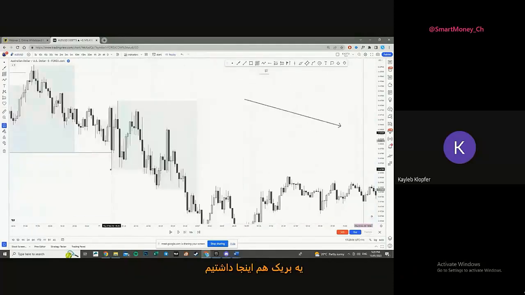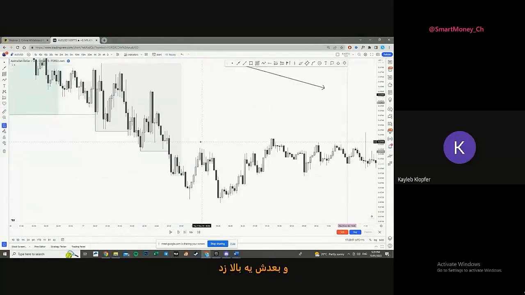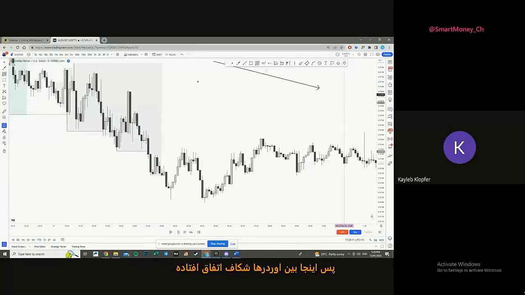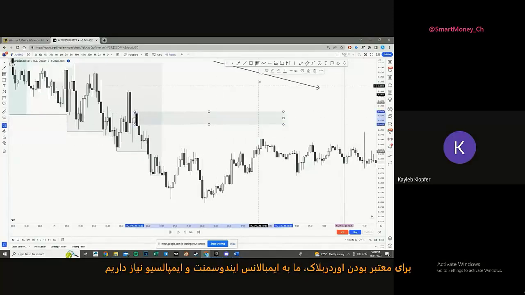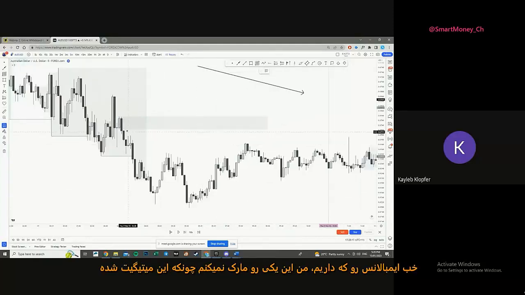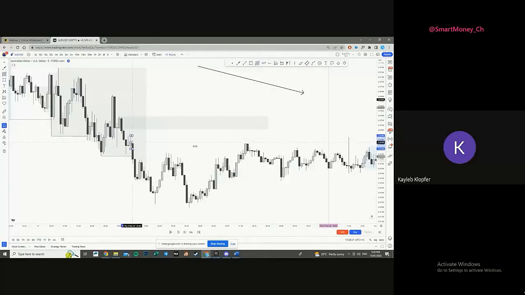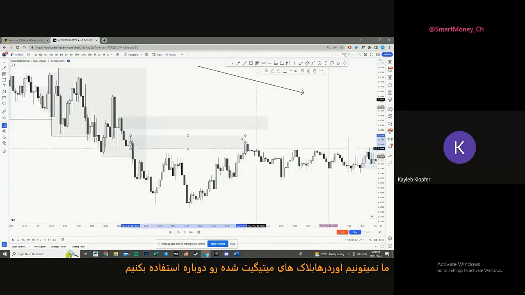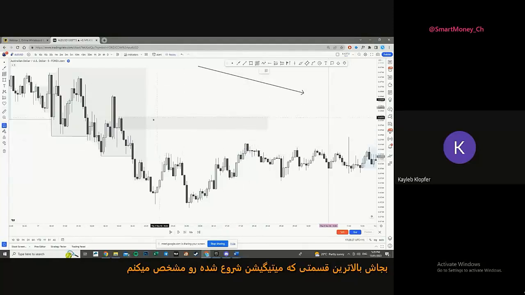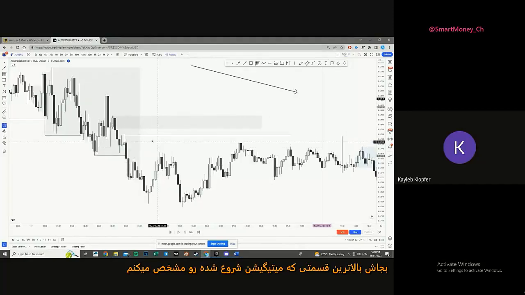Keep marking out our breaks. We had a break here, and we had a nice break here, and then we had a push off. Then I'm seeing some imbalance in here and here, so some detachment. Now, for our order blocks to be valid, we need imbalance, inducement, impulsion. Well, we have imbalance here. I am not marking out this one because this is already mitigated to here. We can't use already mitigated order blocks, okay?